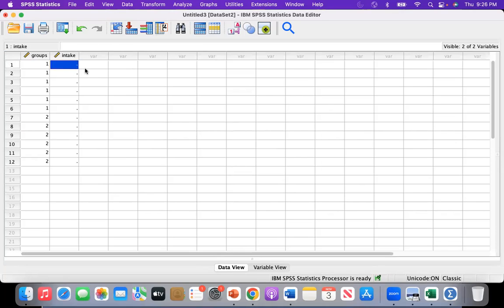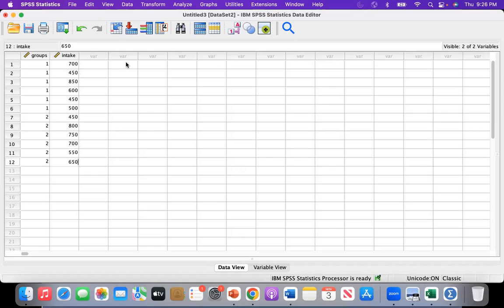And then for the group eating slowly, we're gonna enter the numbers based on the chart, which is 700, 450, 850, 850, 600, 450, 450, and 500. And then these are 450, 800, 750, 700, 550,